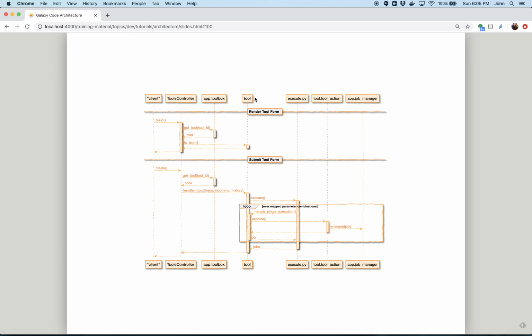And then it's going to get a dictionary back, and that's going to be sent back to the client. And so this dictionary will describe what the inputs look like, how to validate the inputs, the labels, the possible values for data parameters, etc. The more interesting endpoint is then once that tool form is rendered and submitted,